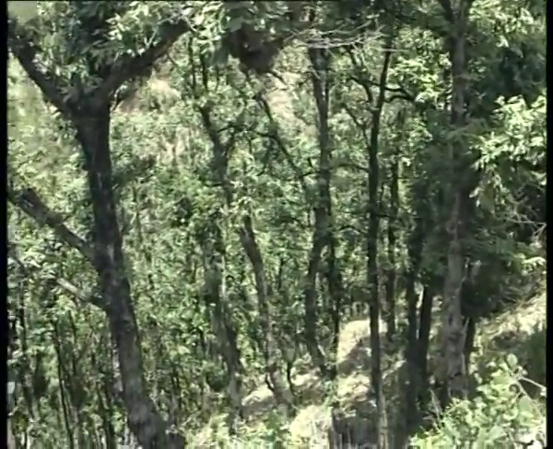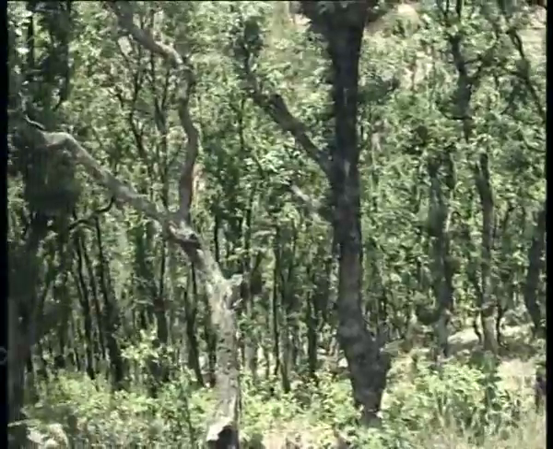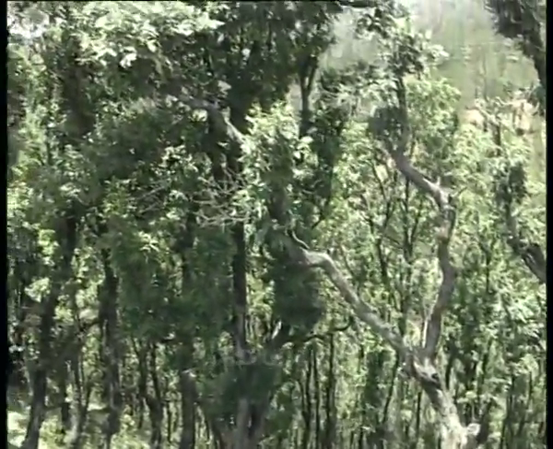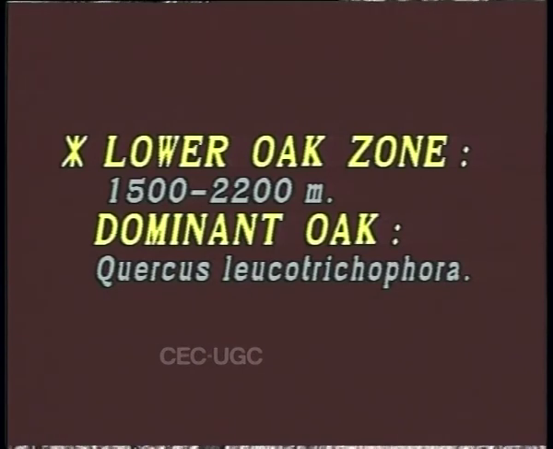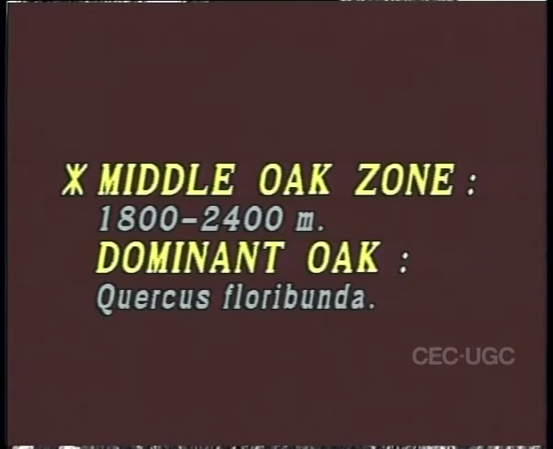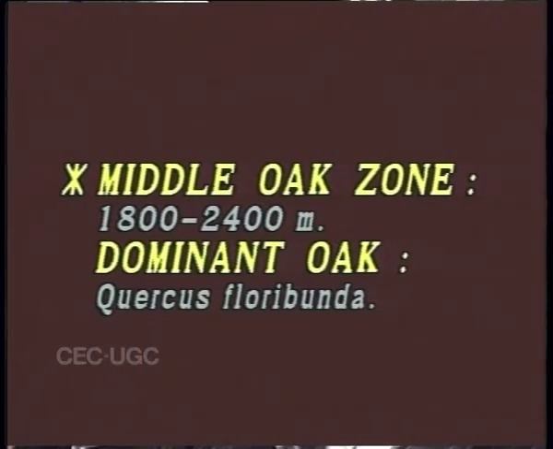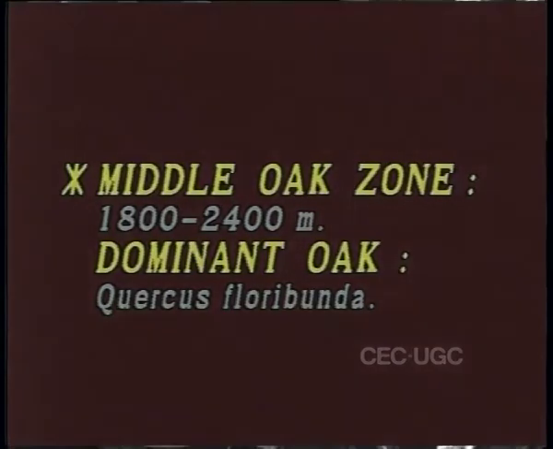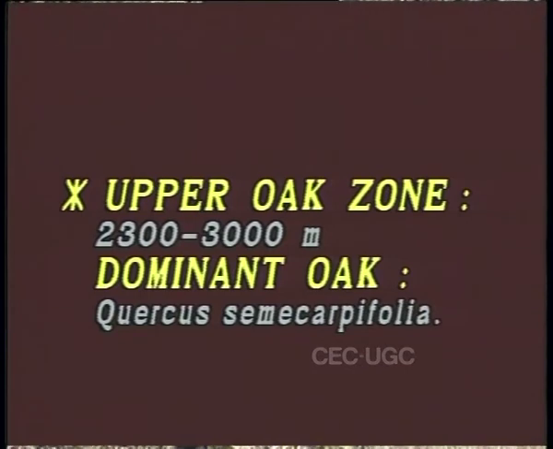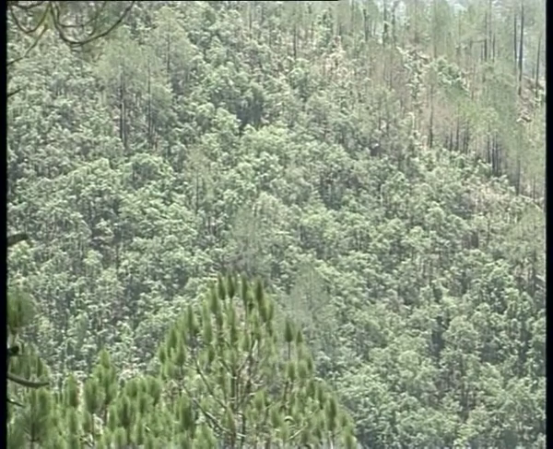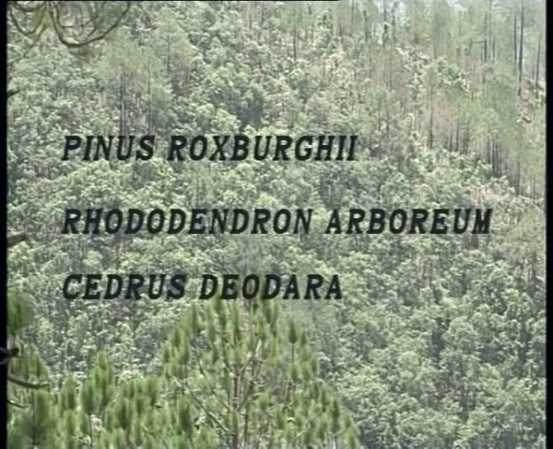In the western and some parts of the central Himalaya, oak forests have following three main altitudinal zones based on their dominant species of oaks. Lower oak zone 1500 to 2200 meters. Dominant oak Quercus leucotrichophora. Middle oak zone 1800 to 2400 meters. Dominant oak Quercus floribunda. Upper oak zone 2300 to 3000 meters. Dominant oak Quercus semecarpifolia. Other important species associated with oaks in these zones are Pinus roxburghii, Rhododendron arboreum, and Cedrus